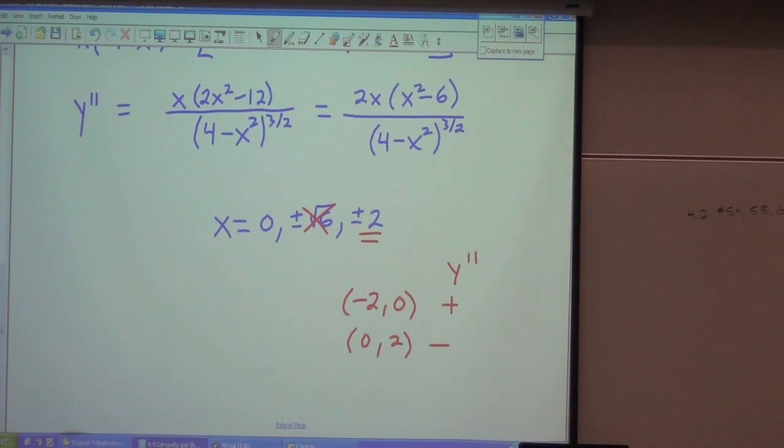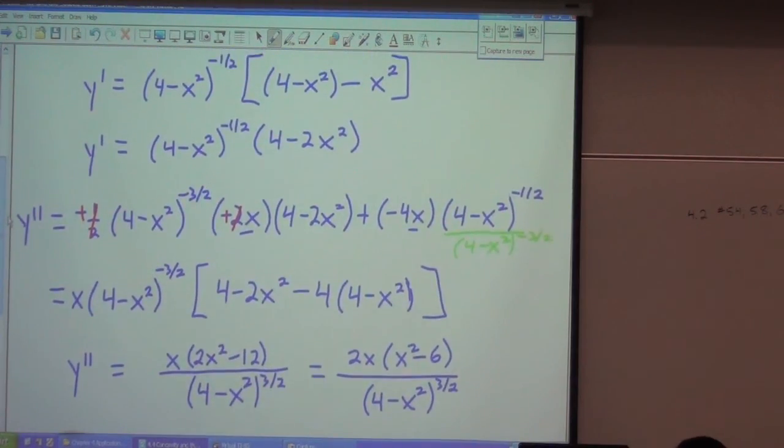This is one where looking at the graph of the first derivative, or even the graph of the original function, would have been helpful. But not something we could